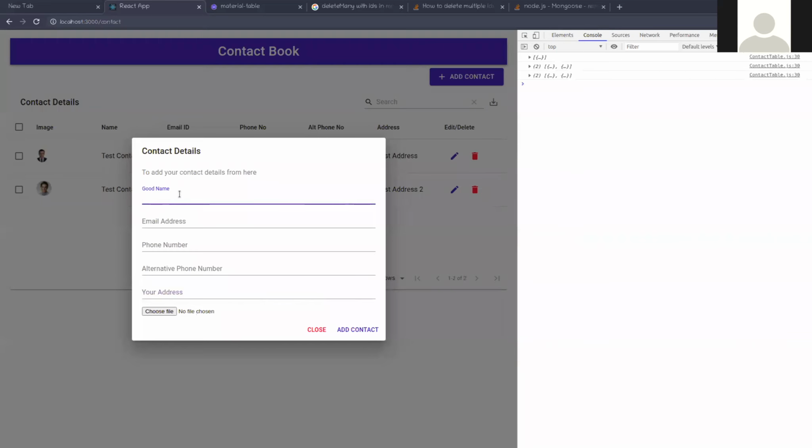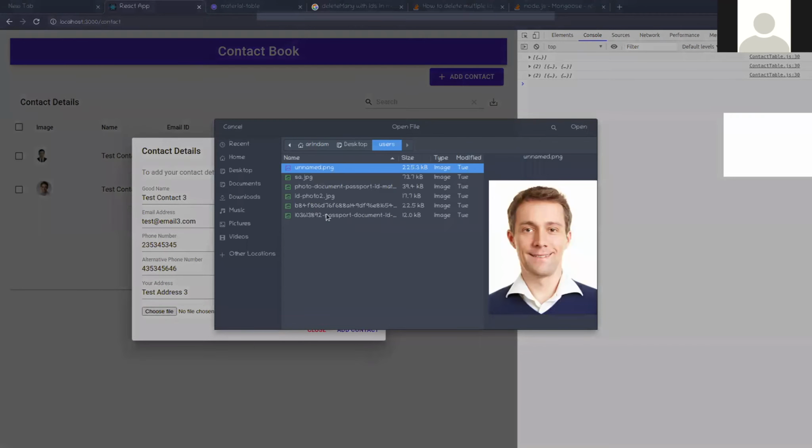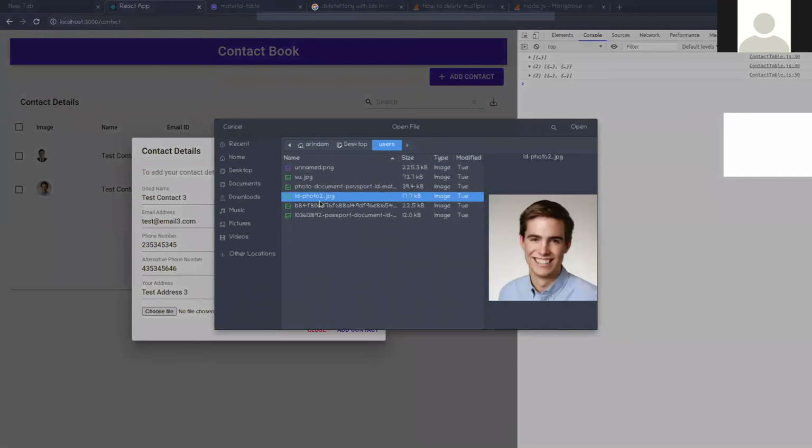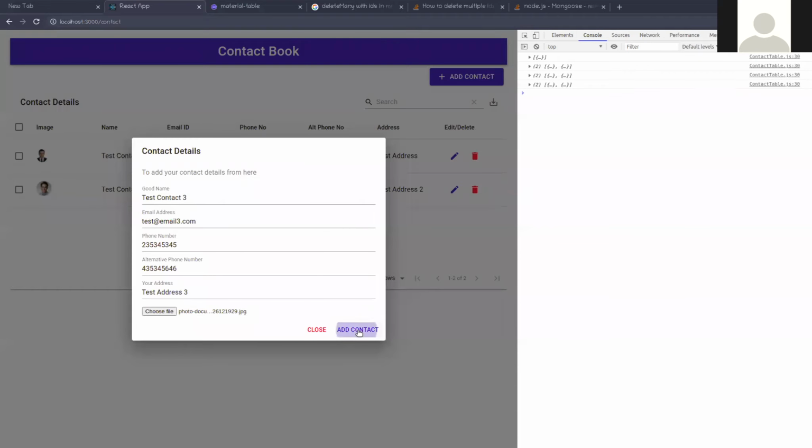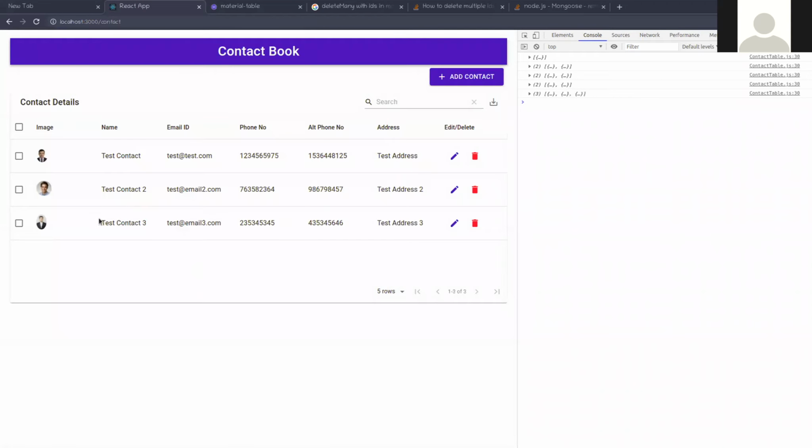Next. Okay, now we select this one and this one.